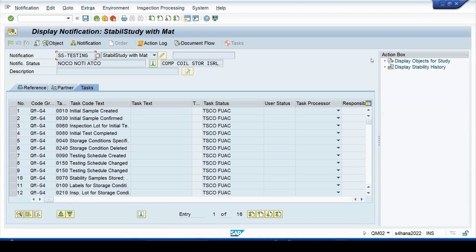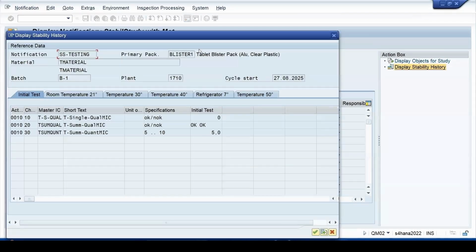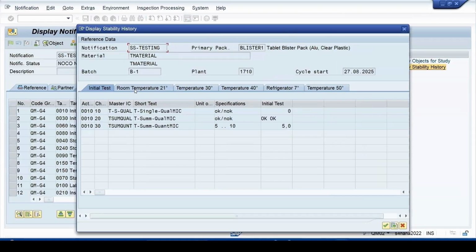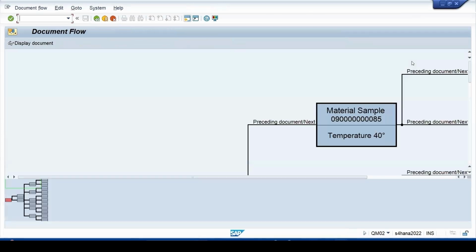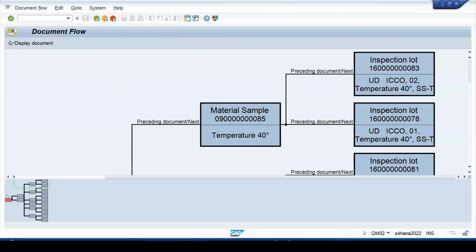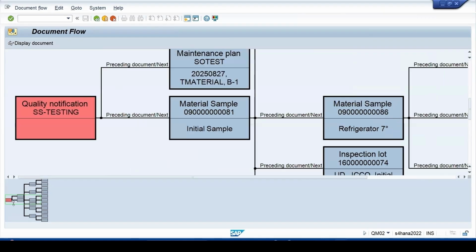Initial display stability history now. Then this is that same thing which you are getting on the screen or even in the result recording screen. You get this thing. Okay. In display object for stability study, now if you click on this, then here at present, what is selected in the lower half, you will be able to see that. And if you take the cursor there, it will show you the details of that. So if I select this, this is the name of the notification, and the maintenance plan was this, the initial sample was this. If